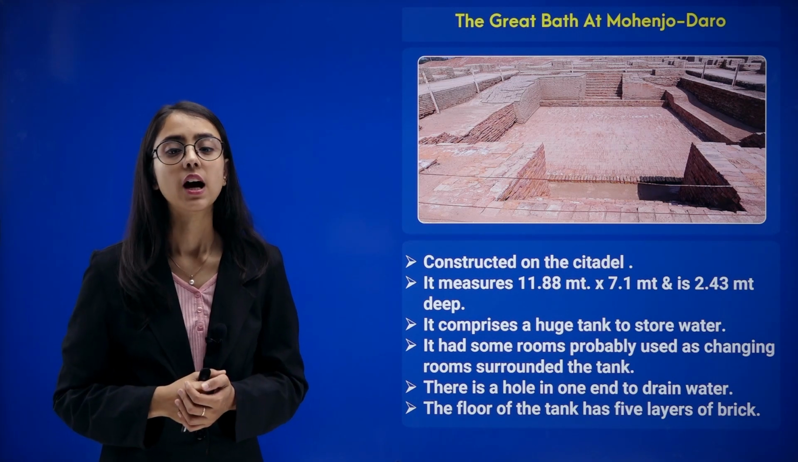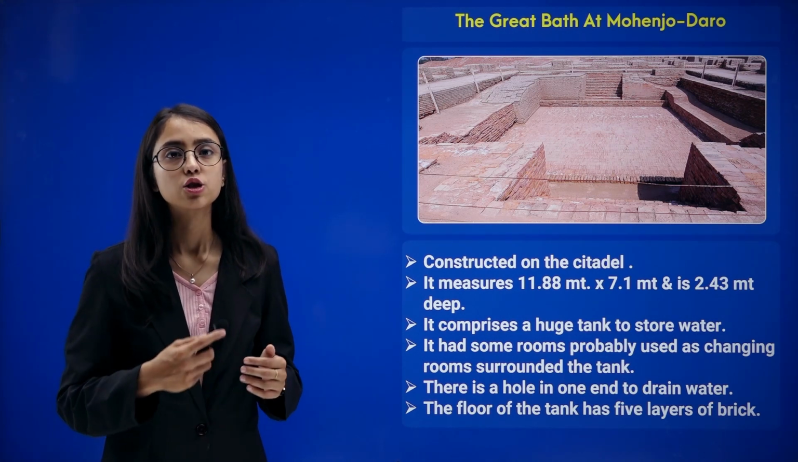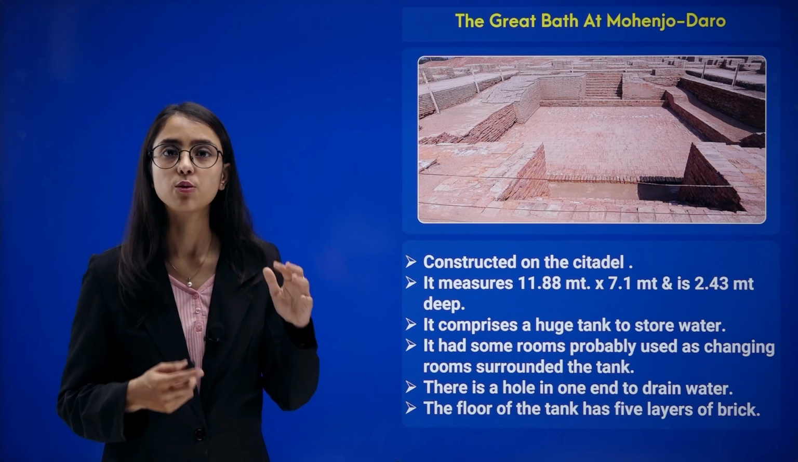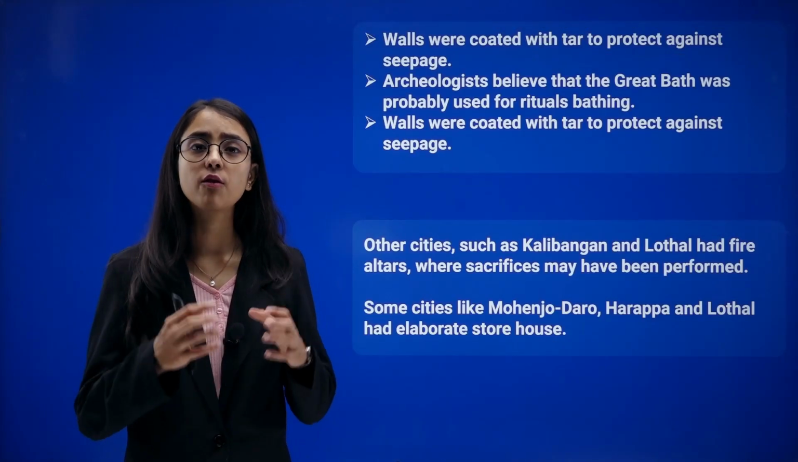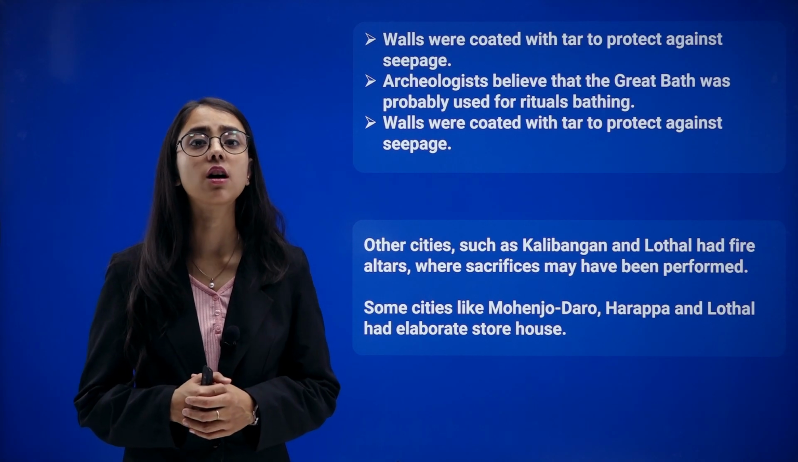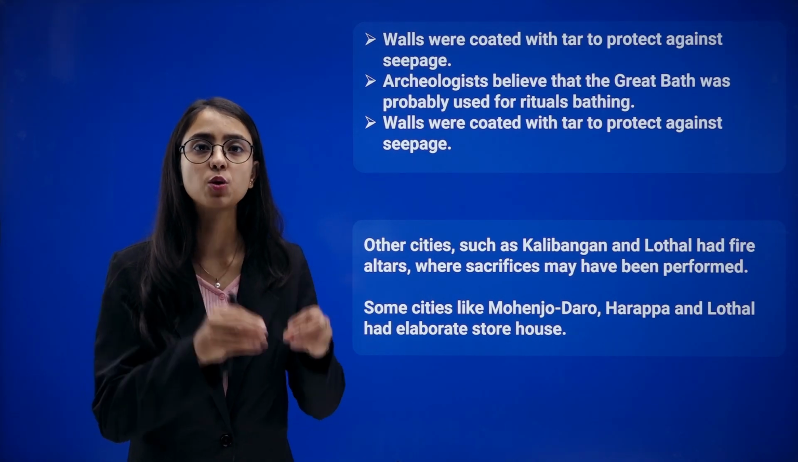foul water. Apart from that, the floor of the tank has 5 layers of brick so that the water could not seep away from it. There were layers of bricks which would ensure that the water remained in that bath. Since we already discussed that the wall of this great bath and the flooring of this great bath were covered with tar so that the water could not seep away from it and it would be stored in that